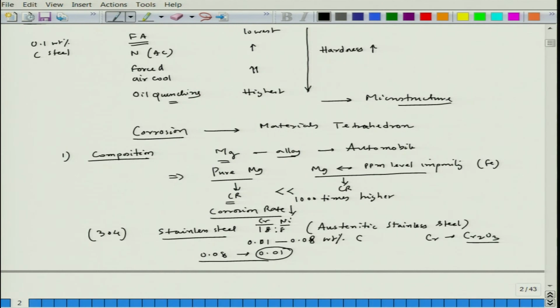But there is a problem if you have that particular steel between 400 to 600 degrees Celsius, which is called the sensitization temperature range, where the stainless steel gets to a sensitized state, and at that point the chromium carbide forms along the grain boundary. Now, if the carbon content is 0.08%, there is a lot of carbon in the steel in solid solution, and there is a greater chance of formation of chromium carbide along the grain boundary.